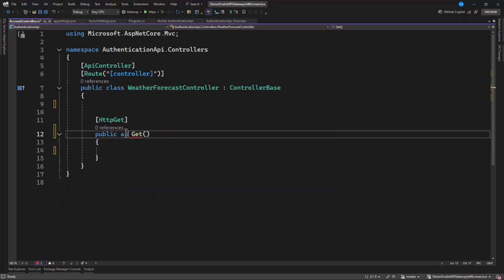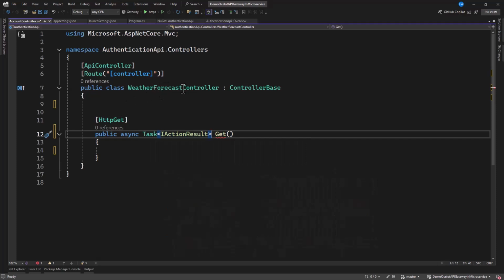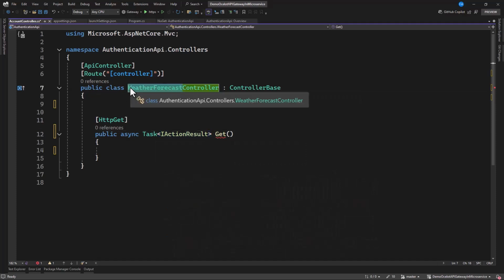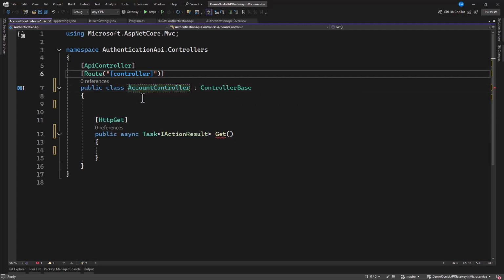This is going to be an async task, and let's make it an IActionResult. And that is account. So for the route, it is API/account.